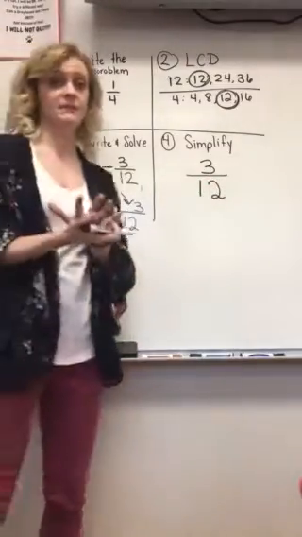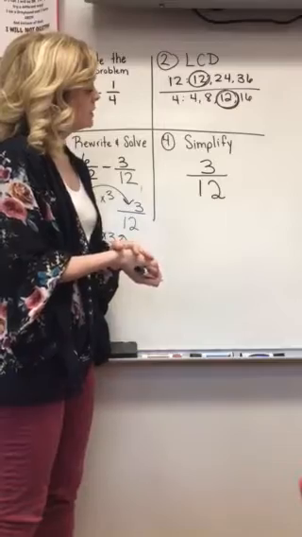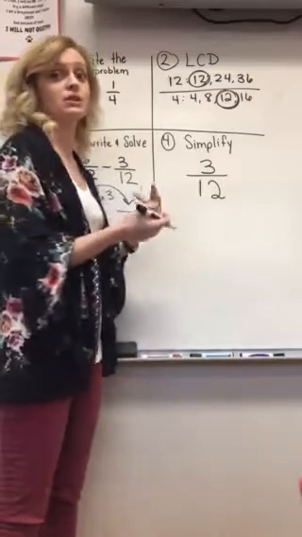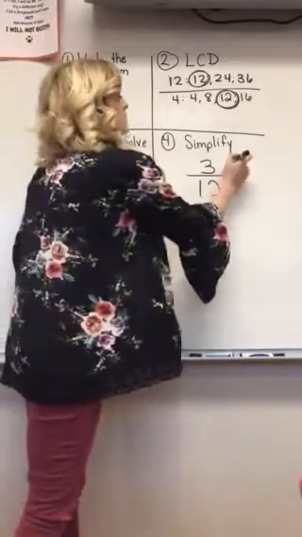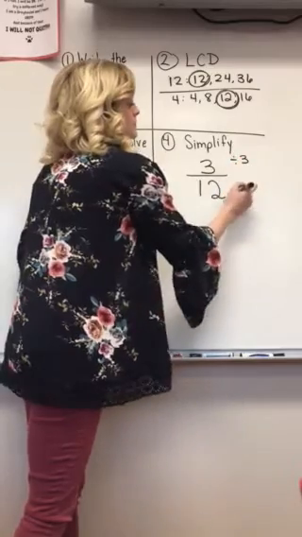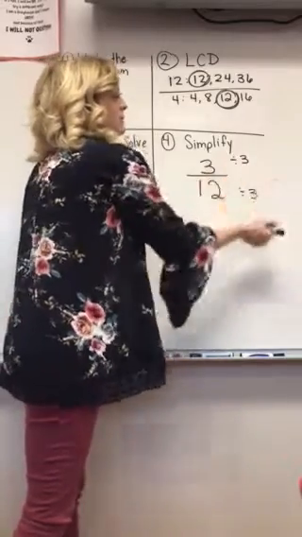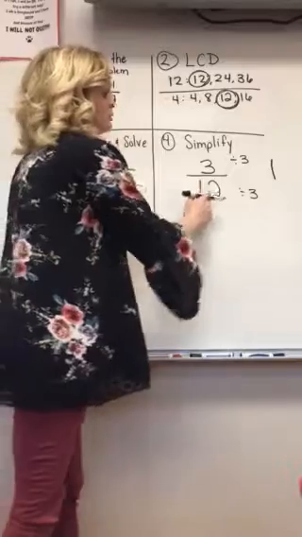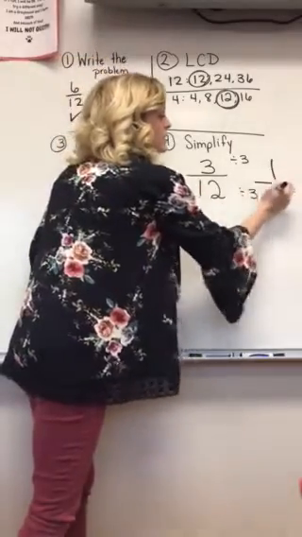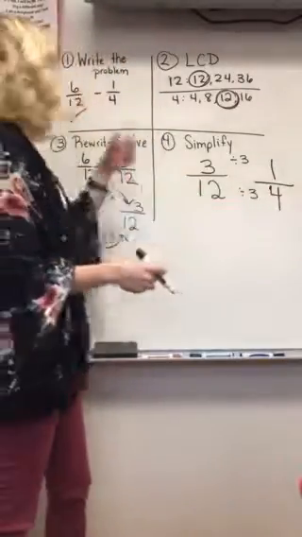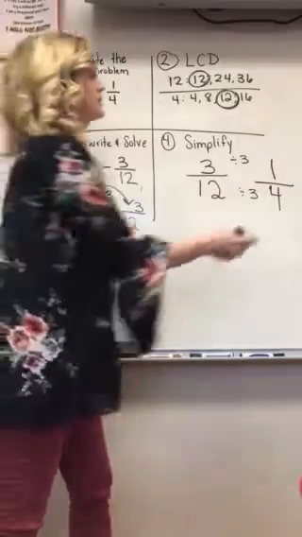And then let's see if we can simplify. So we can't divide this by 2. So let's try 3. 3 divided by 3 leaves me with 1. And then 12 divided by 3 leaves me with 4. So our answer of 6/12 minus 1/4, we are left over